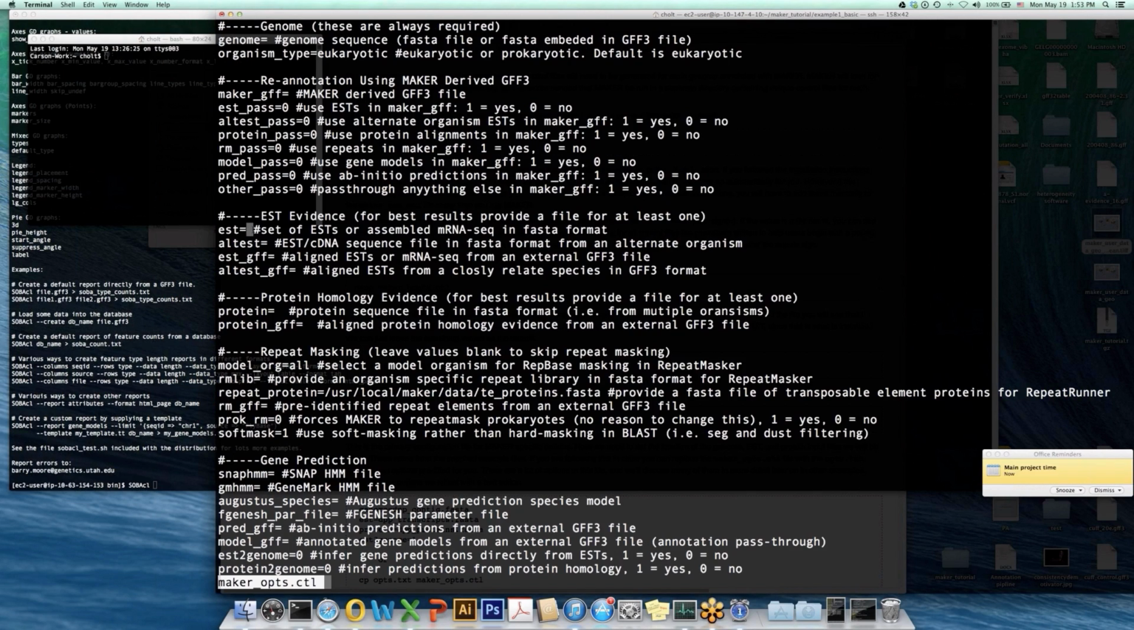EST equals, we'll put a FASTA file location here. Or alt EST, this would be ESTs from another species. You can put a FASTA file here. Or if you have GFF3-based files that already have aligned ESTs, this might be things from Cufflinks for example, where it's already aligned the mRNA-seq reads to your genome, and you just want to pass in a GFF3 file, you can provide it here. Protein evidence, and here we